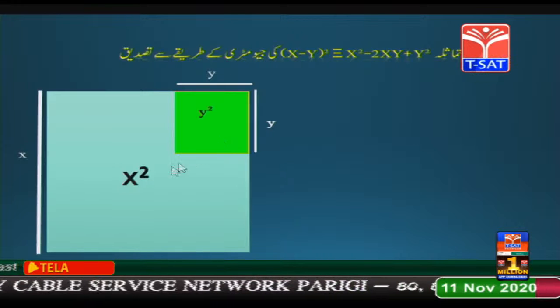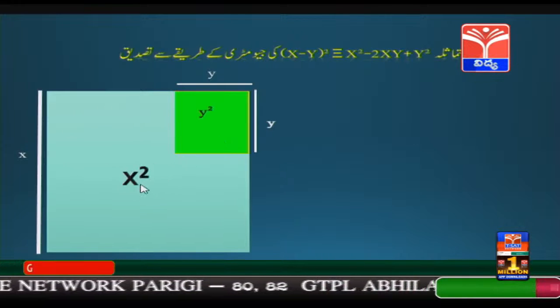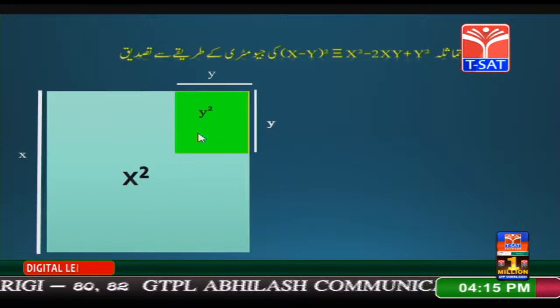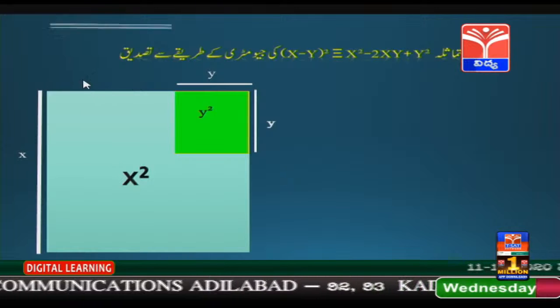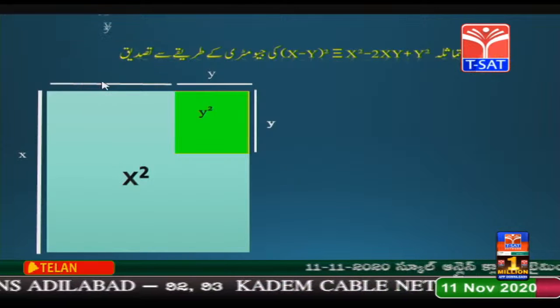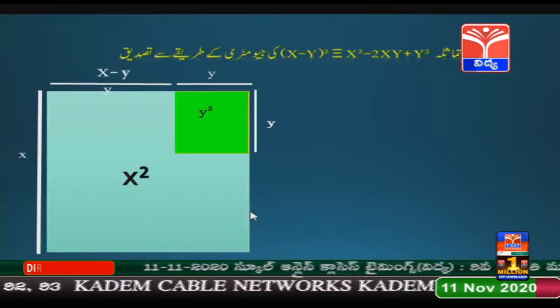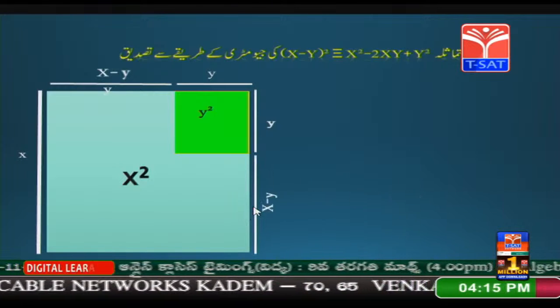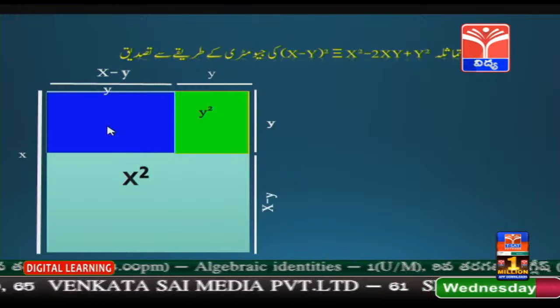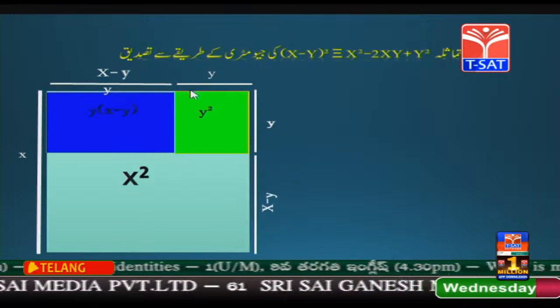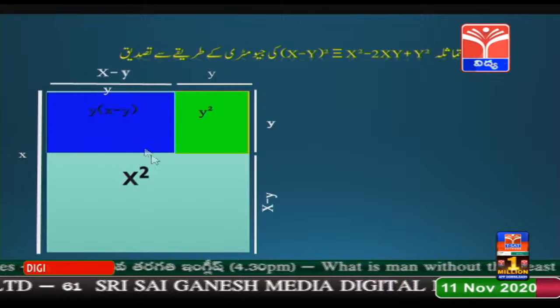y की दूसरी, यानी पूरे मुकम्मिल x की दूसरी में से एक छोटे से मुरब्बे को ऐड किया जा रहा है। तो अब गौर करो बच्चों, इधर क्या होगा? जो बाकी बचा x माइनस y, इस तरह से इधर क्या होगा? ये भी x माइनस y। यहाँ एक मुस्ततिल आ गया तो क्या होगा? इसका रकबा कितना होगा? ये x माइनस y है, ये y है, तो y ज़रब x माइनस y।